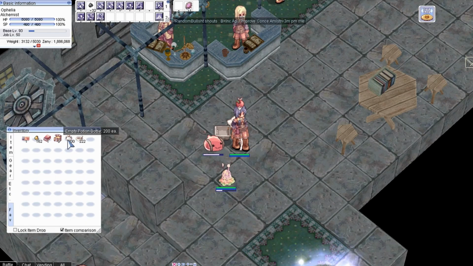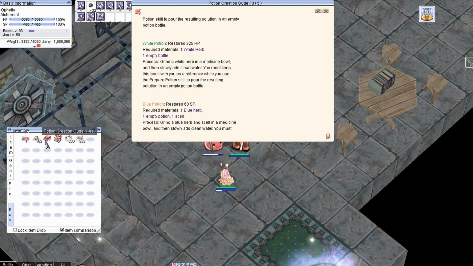Other than that, you also need empty bottles which you can buy in the Mage Guild. Each of this bottle, if not mistaken, is about 7 zenny. However, your discount ability will work, so therefore you can get it for about 5. Now if you're not sure what other ingredients you need, you can actually open up the potion manual, and over here you can see that for blue potion I need 1 blue herb, 1 empty potion, 1 skill, and obviously